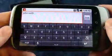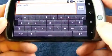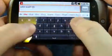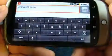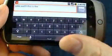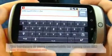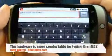Now, I've never been a huge fan of the stock Android keyboard. This is what you'll find when you first purchase the Nexus One, but it's a lot easier to use on the Nexus than on any other Android that I've used before. Maybe it's just because of the screen. There's more real estate, better resolution. The phone is really comfortable to hold in your hand, and I think typing on it is fairly easy,